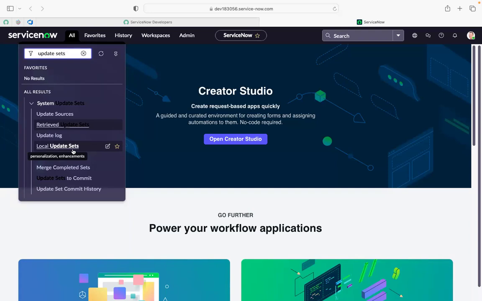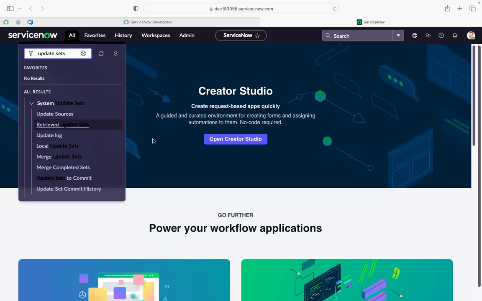There you need to type retrieved update sets. In lower instances, whatever you are working on, whatever changes you need to capture, you need to take a local update set for that, right? I'm repeating, guys. Whatever the changes, whatever the things you need to capture on your system, that is called a local update set. We need to take a local update set for that, right? So after successfully completing, you have captured all the updates in your update set. You need to